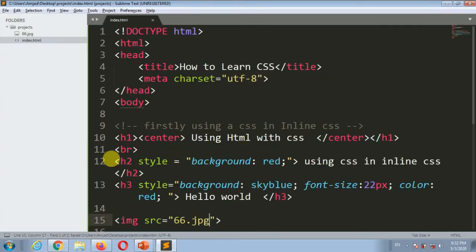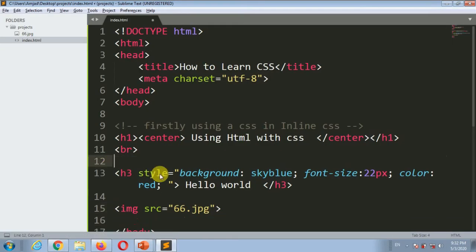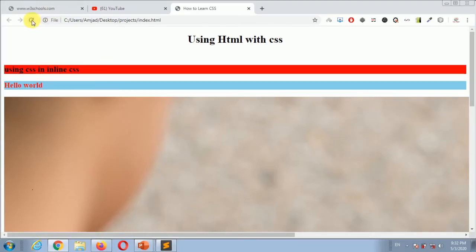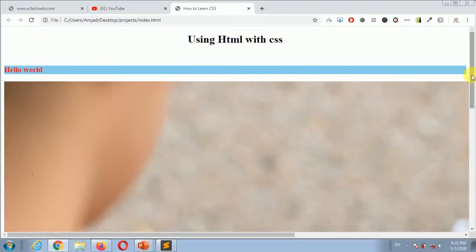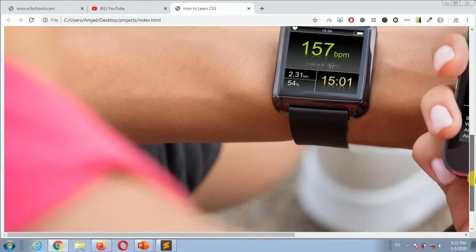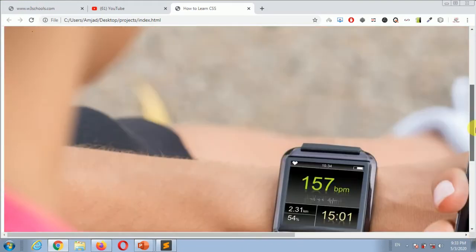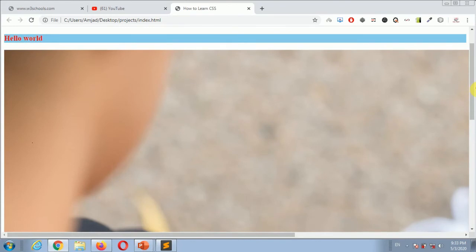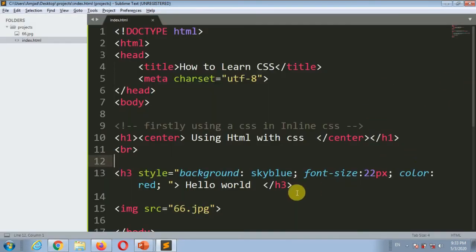Firstly, I remove this tag and save it, and go here and refresh your page. This is your image, but the image is too large. I want to make it small, then using CSS here, style